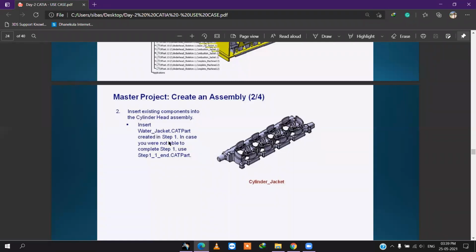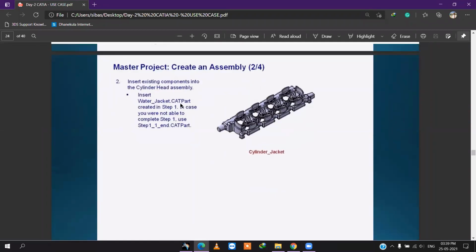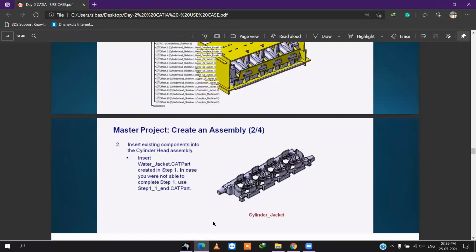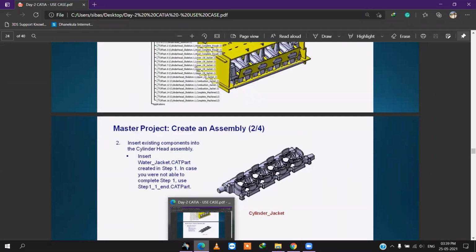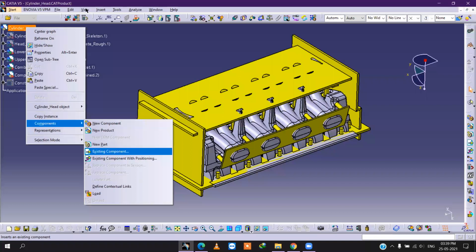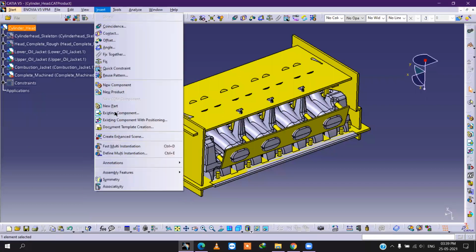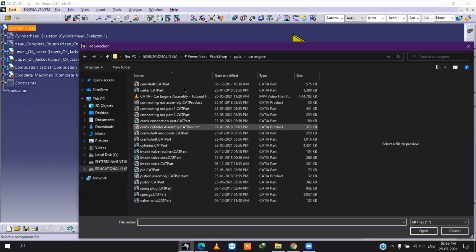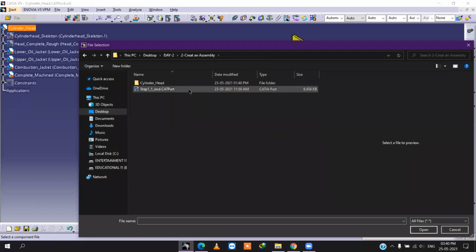Insert water jacket get part created in step 1. Okay, you have to insert water jacket get 1 part 1. Otherwise, we can insert step 1 and get part. Existing component. This one.